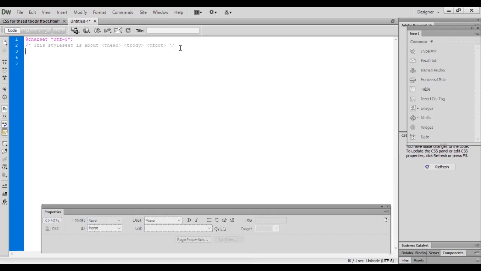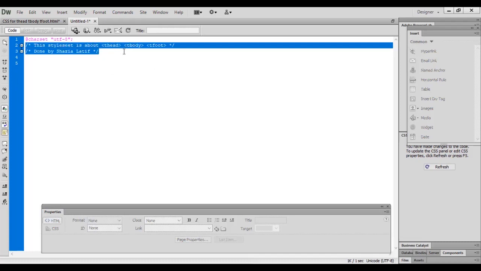Let's add one more comment. Same, the forward slash and asterisk is the opening tag for comments. Done by me. Asterisk first, then slash, the closing tag here. Close it. This is how we can add comments to a style sheet.